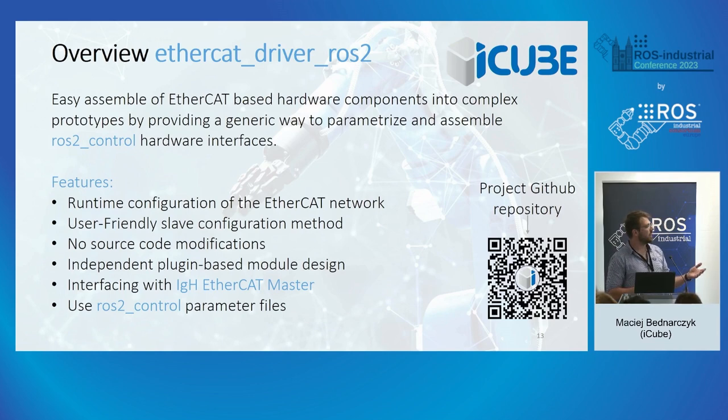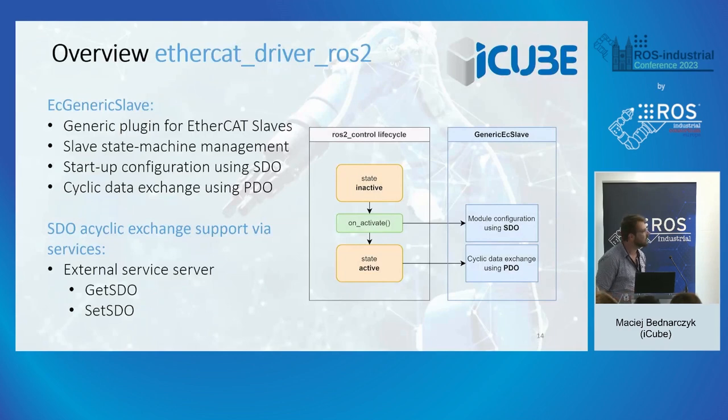Our system is a plugin-based module design that is pluggable into ROS control directly as a hardware abstraction, and it is currently interfacing with the IgH EtherCAT Master and uses ROS2 control parameter files to set the entire system up. So in this context, we developed the driver itself, but also we developed generic plugins to be able to interface with different slave components for EtherCAT. So the main component of our framework, beside the ROS2, let's say, binding wrapper, is the EtherCAT generic slave, which